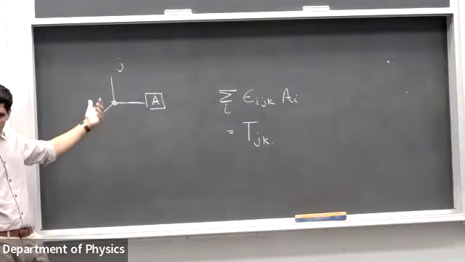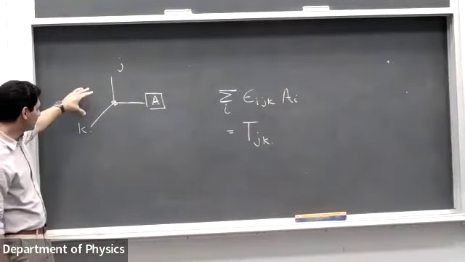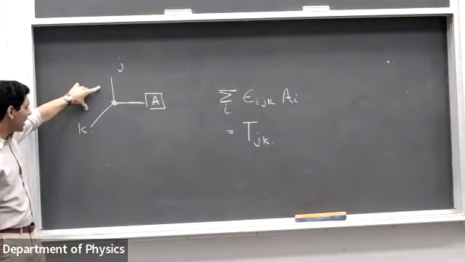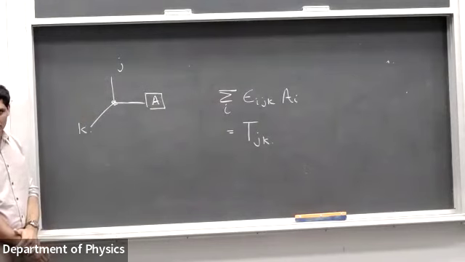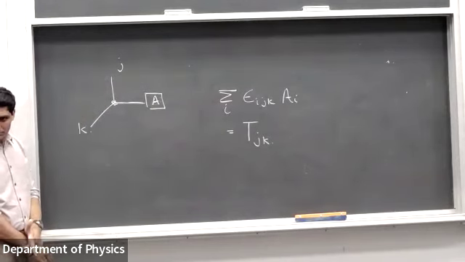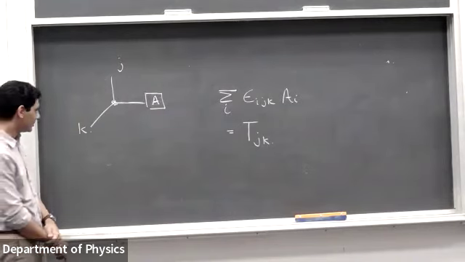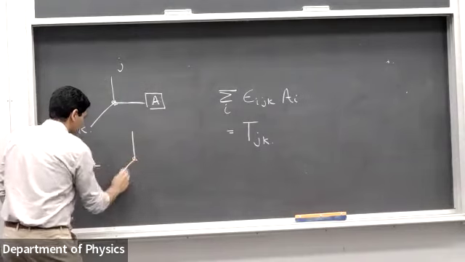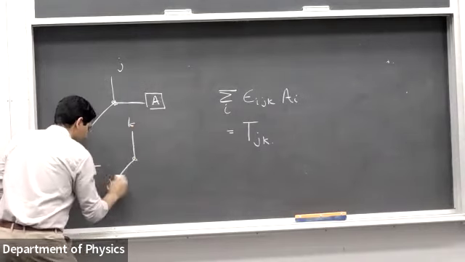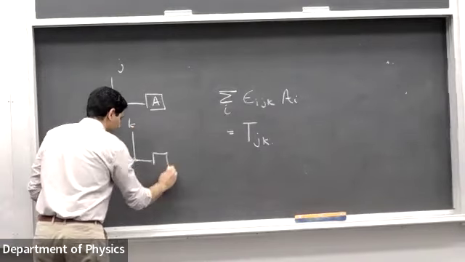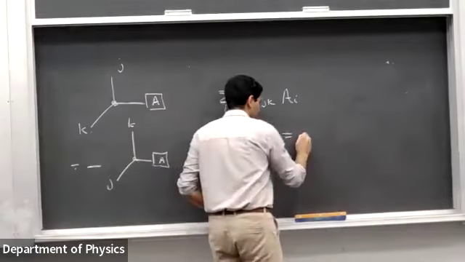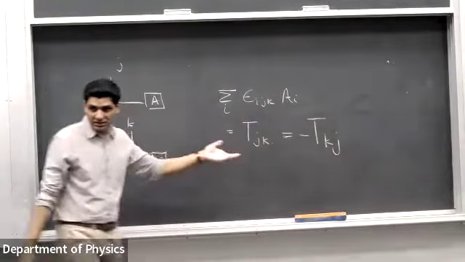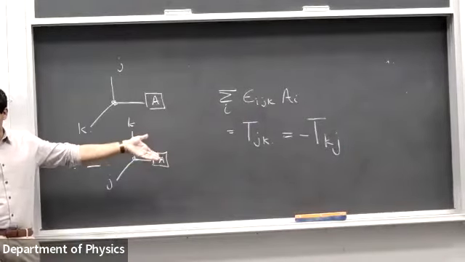Now, okay, this object in itself is not really interesting, but the point I want to show with this is it has one really interesting property, which is what happens if I flip J and K? Right, that just comes from the rules I told you. So this thing is minus